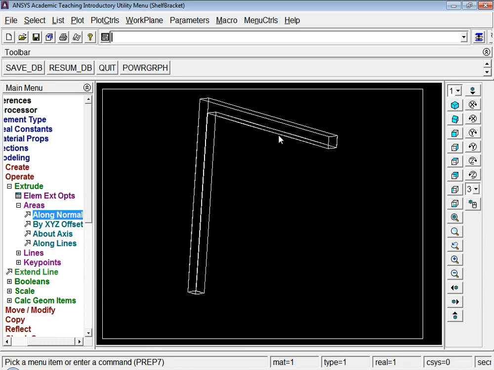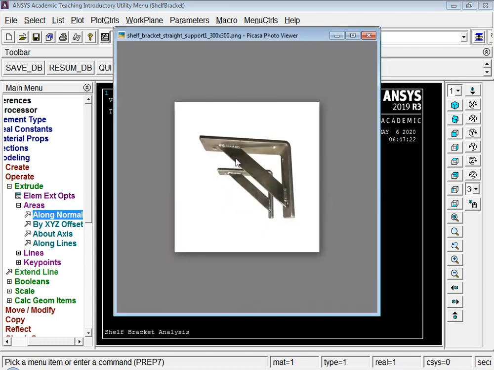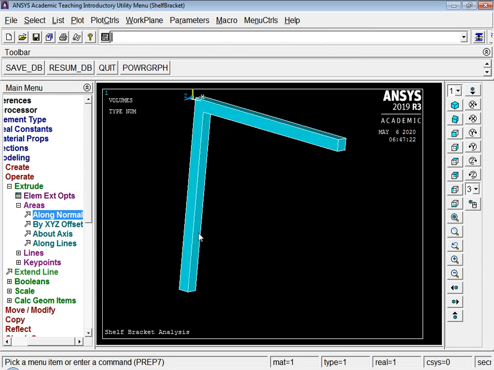Now the next thing is we need to create this particular connection, and let us keep the dimensions slightly smaller. So in the middle of this plane we will try to create the next set of area. It will go like this. So I'll just go back to the front view, go back to the key points.